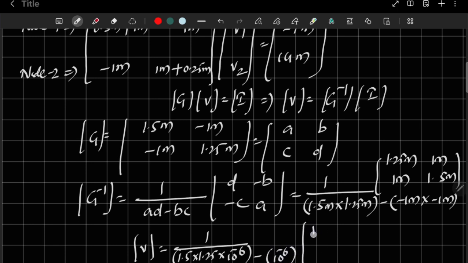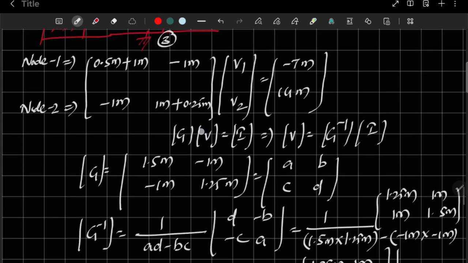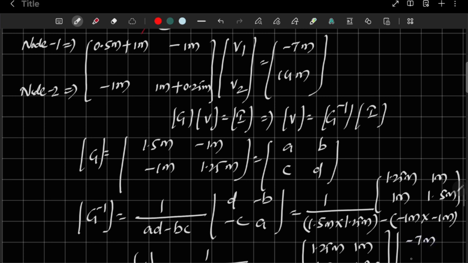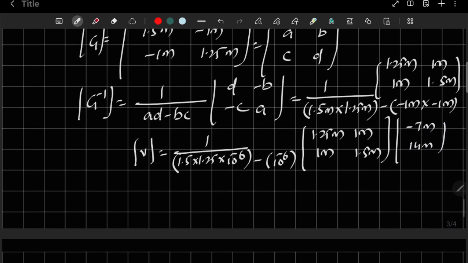Then the matrix 1.25 milli, 1 milli, 1 milli, 1.5 milli is multiplied with minus 7 milli and 14 milli. So if you perform this calculation,